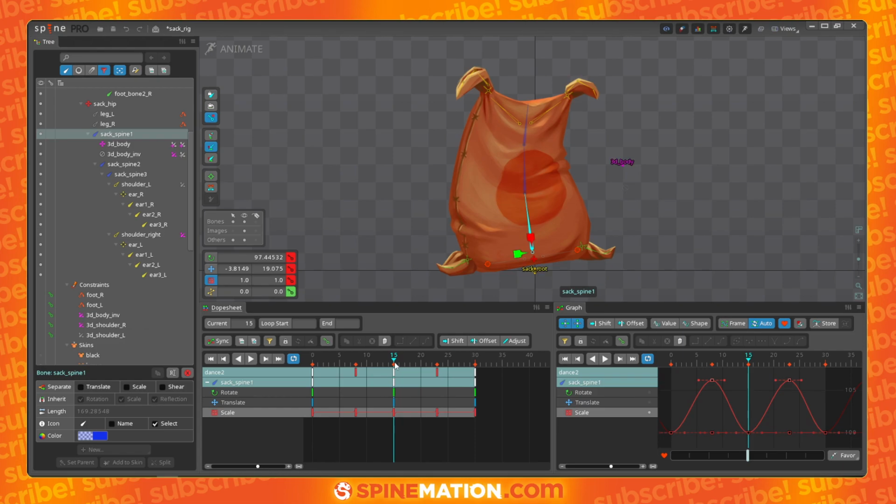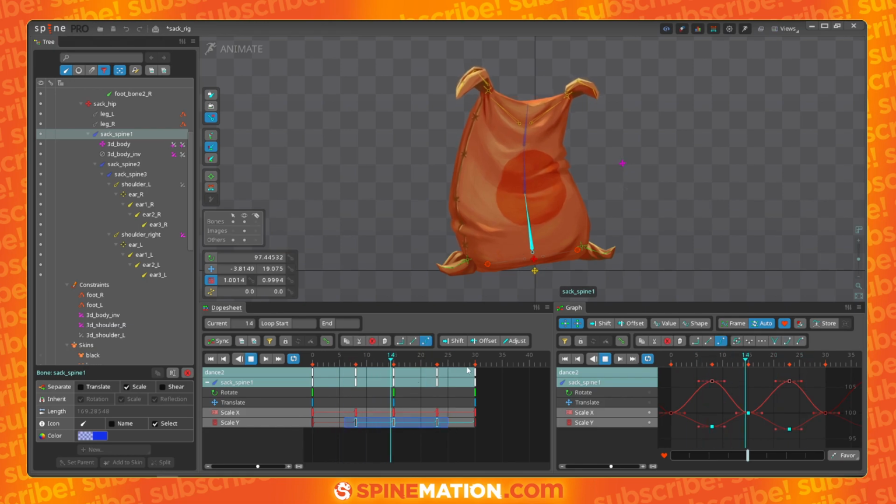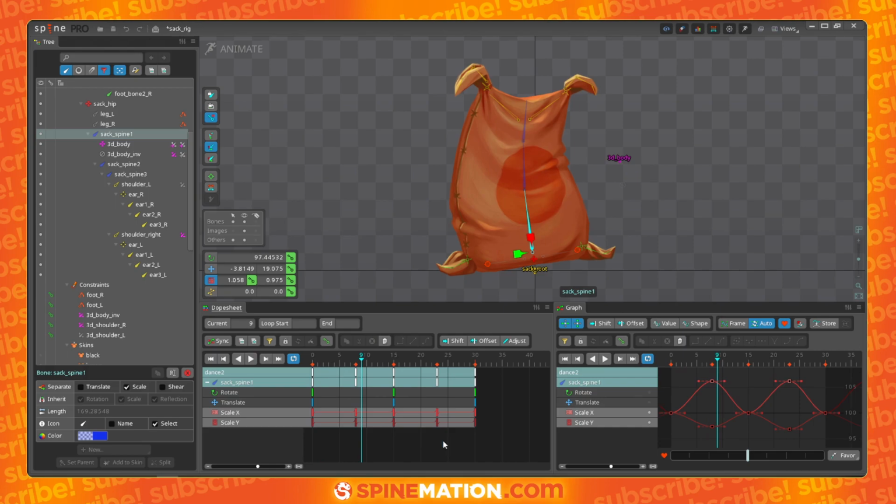We can use here a very cool feature of the newest versions of Spine that came with the new graph. There is separating the X and the Y. We can create offsets between them. If I am creating deformation on both axes to keep the volume of the character, something like this, I can create an offset between the X and Y. If you notice now, it's just up and down movement. By creating an offset